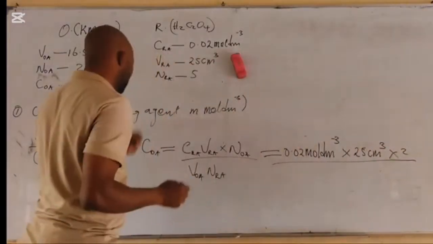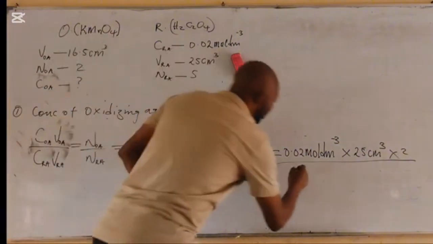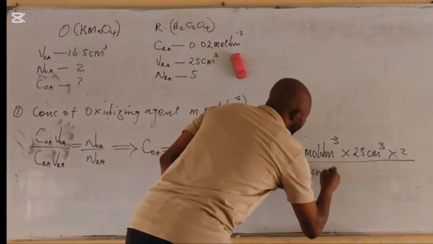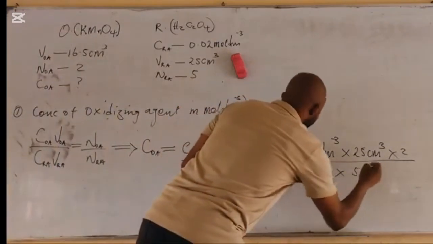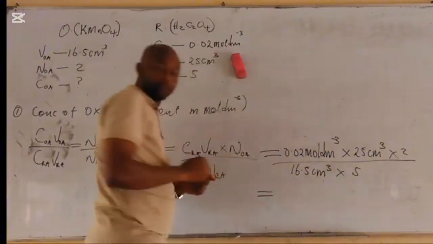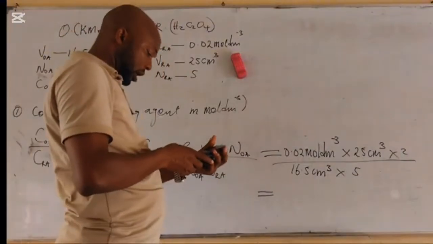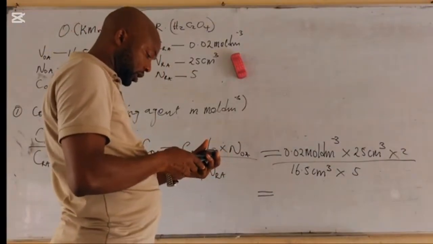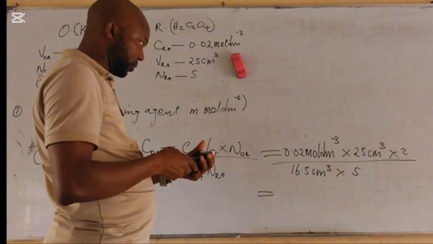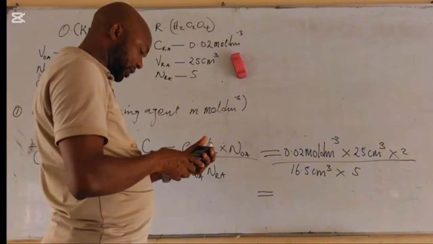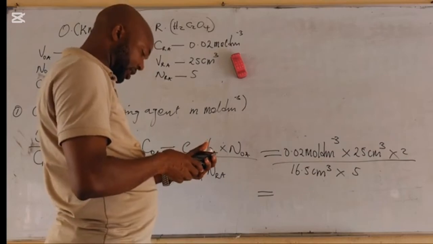This is equals to volume of oxidizing agent VOA 16.5 cm³ times number of moles of reducing agent is 5. So this is equals to, now we check it out, 0.02 times 50, divided by 16.5 divided by 5,